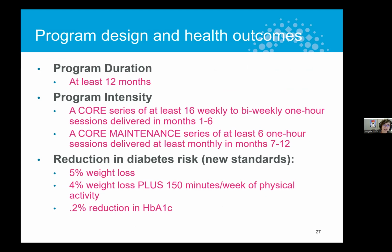We have a program that's at least 12 months long. We have this core session of these weekly or biweekly sessions and a core maintenance series where we kind of move from the most intense part of the program to monthly sessions that are moving on. And our focus is this reduction in risk for type 2 diabetes. So 5% weight loss or 4% weight loss plus 150 minutes of physical activity, or looking for those reductions in